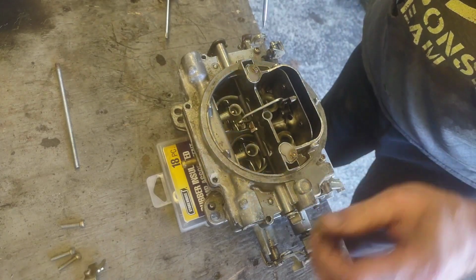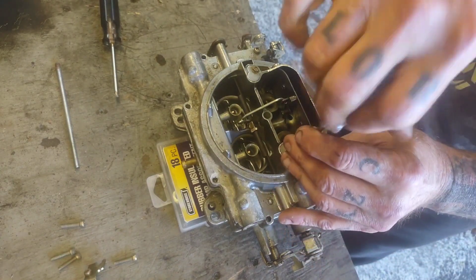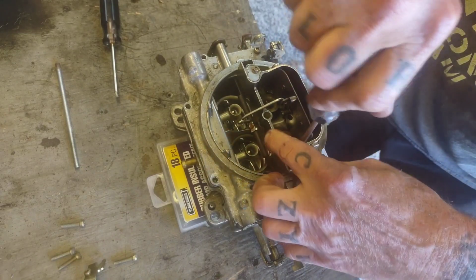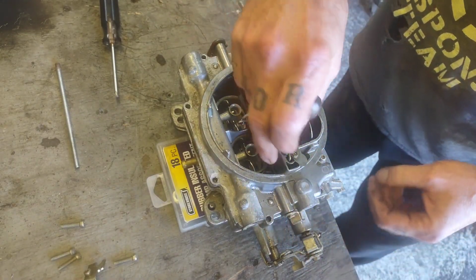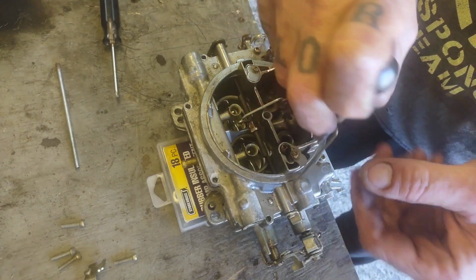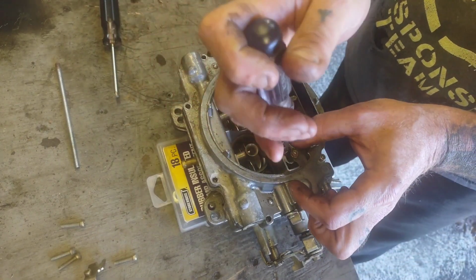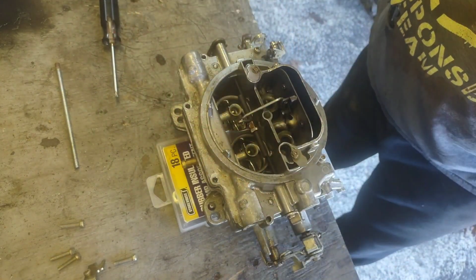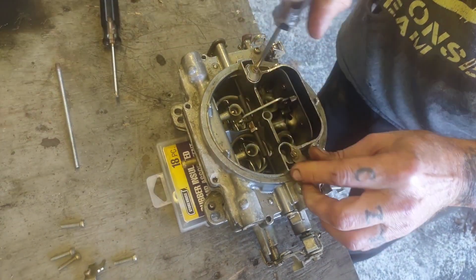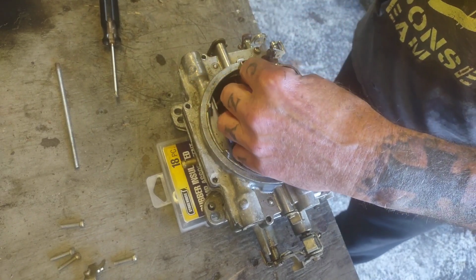Before I get too far on this carburetor, we want to go ahead and pull out our metering rods. Set them off to the side. Flip that around. They come right on out, along with their spring. And on these you can change your spring to make your metering rods more agreeable with your engine,